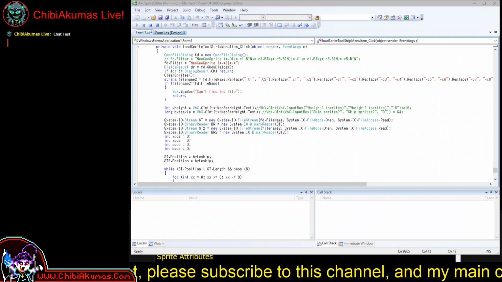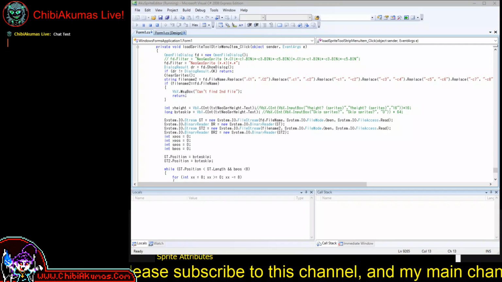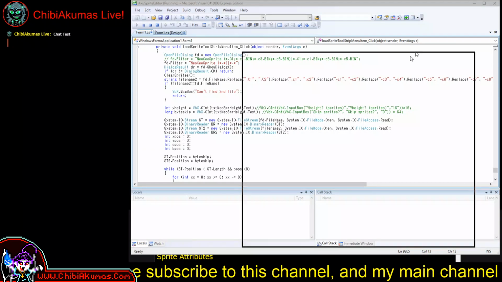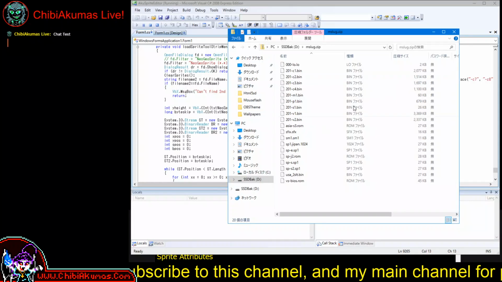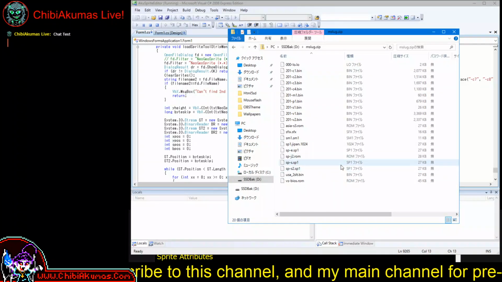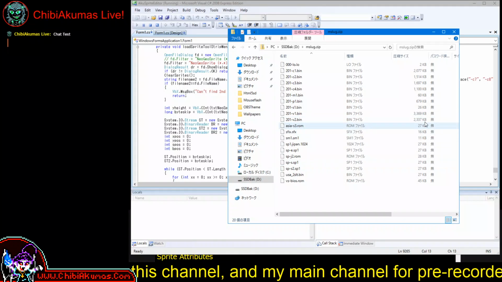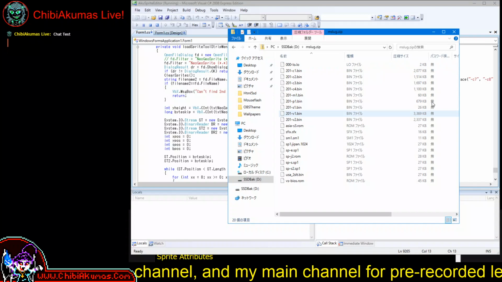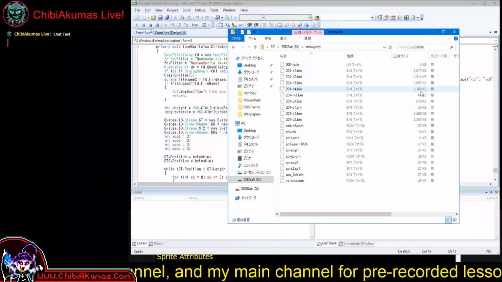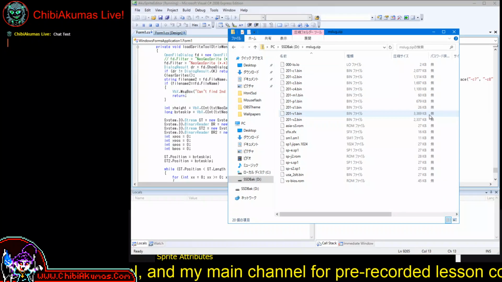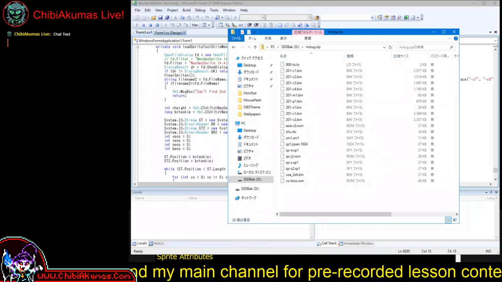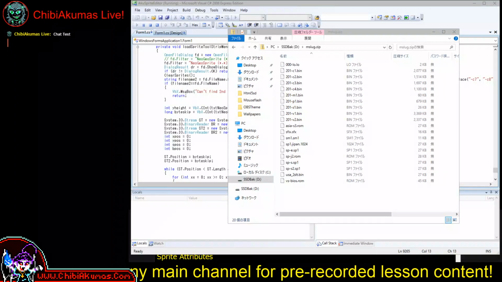So let's try something else. What we've got here is Metal Slug. Metal Slug, of course, is the old NeoGeo game. For your reference, it looks like we've got about 5 megabytes, 6, 7, 8, 9, 10. It's about 12 megabytes in total. What's that in megabits? That's 12 times 8, so